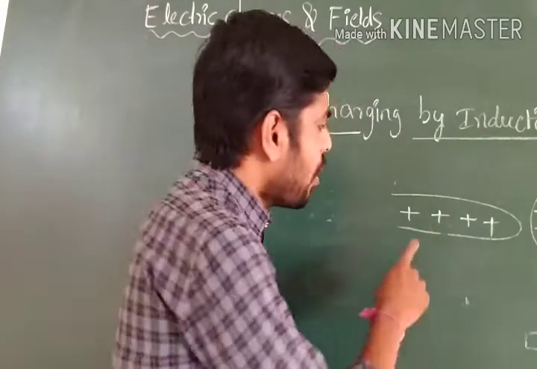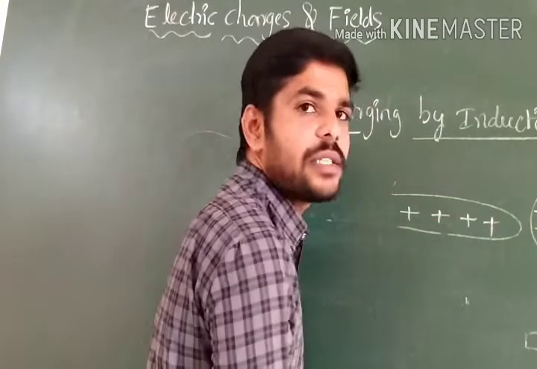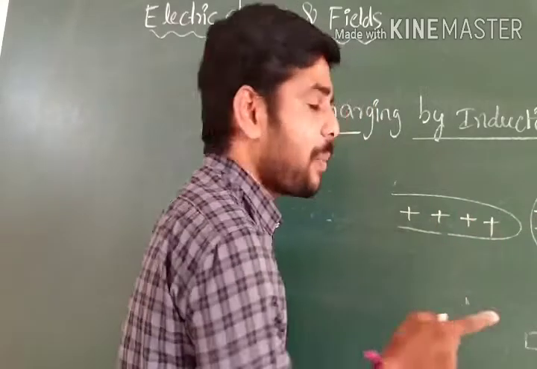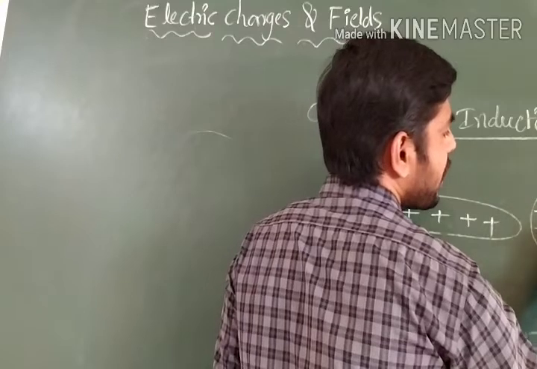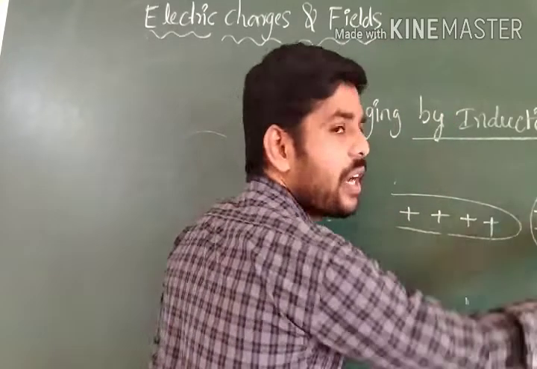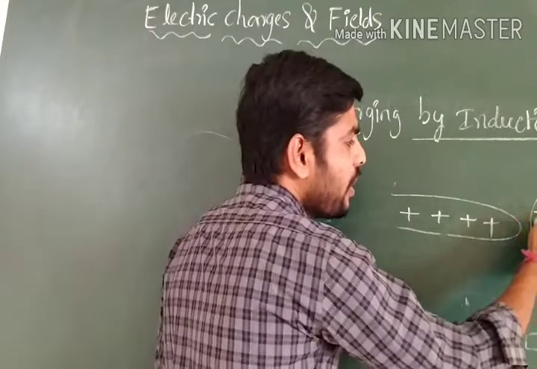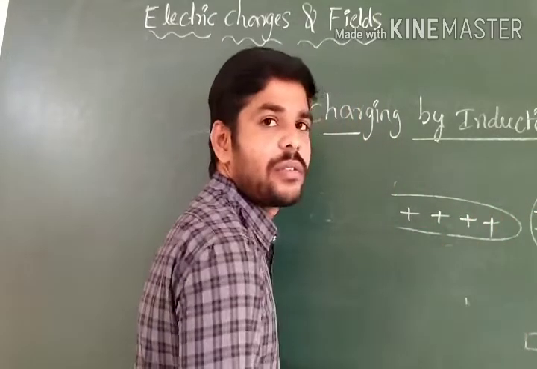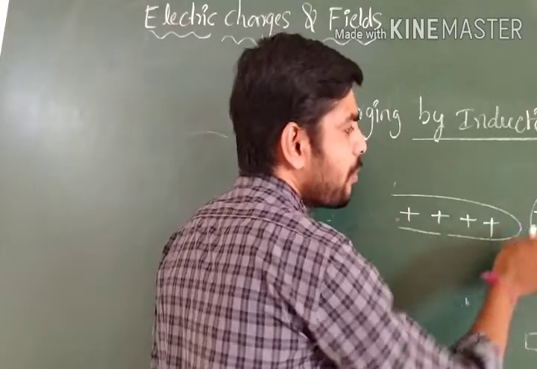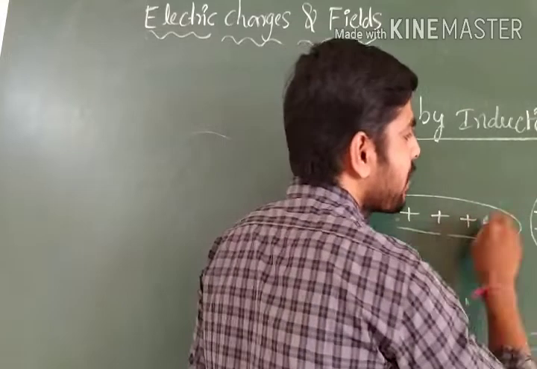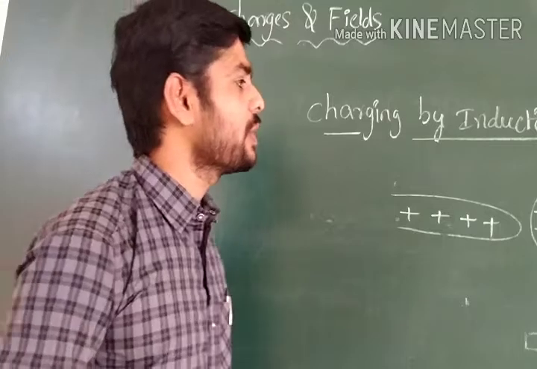Before, I told you plus and minus are unlike charges, and that's why they attract each other. But plus charges in the sphere are repelled, so they move away from the rod, and minus moves towards the rod. This is the attraction process, the basic thing. When the positive rod moves towards it, minus comes like this, and plus is repelled, that's why it moves away.